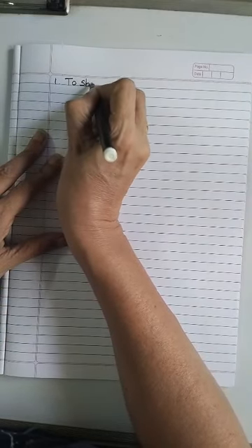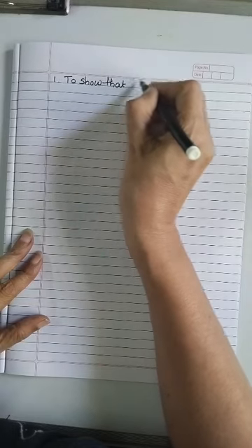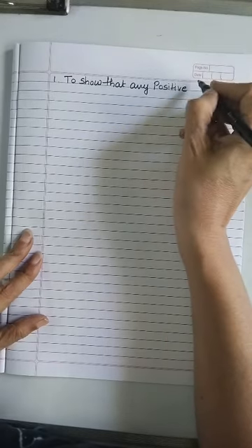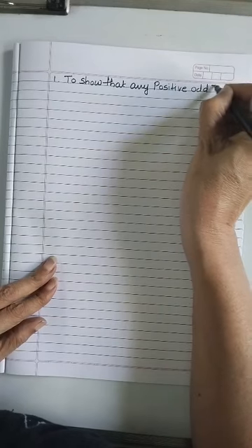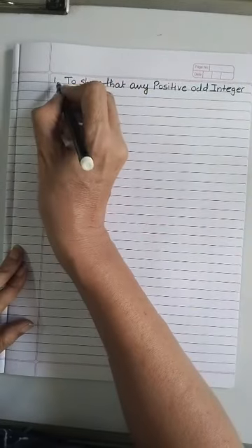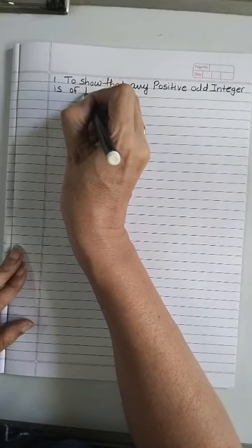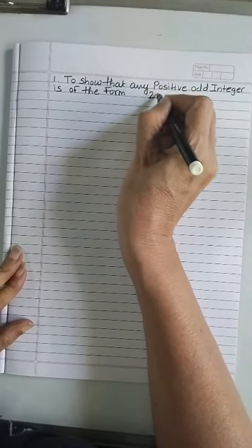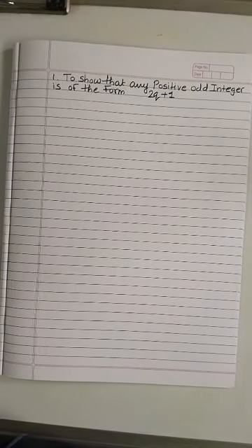The first one is to show that any positive odd integer is of the form 2q plus 1, and the solution is,